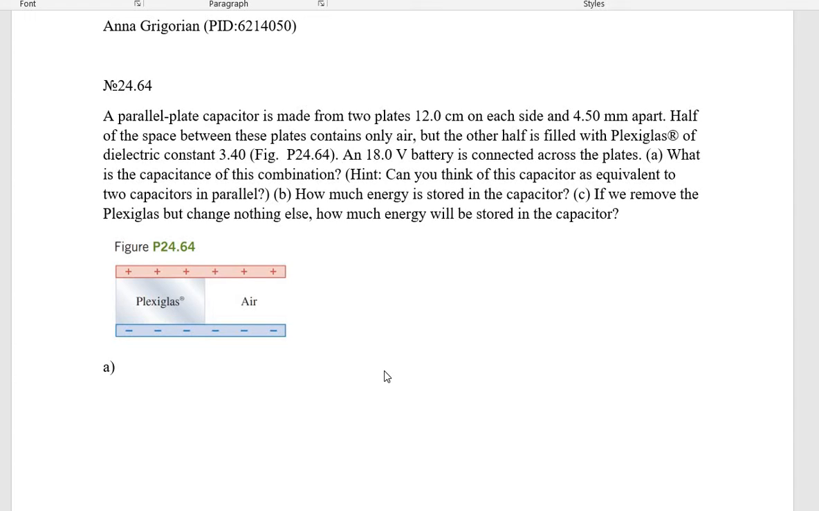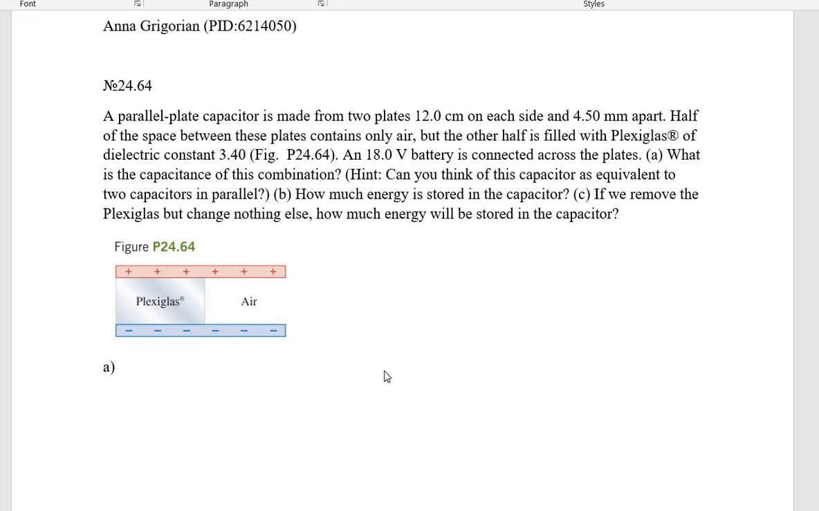Today we're going to solve problem 24.64 from exam 2. The initial problem states that a parallel plate capacitor is made from two plates 12.0 centimeters on each side and 4.50 millimeters apart. Half of the space between these plates contains only air, but the other half is filled with